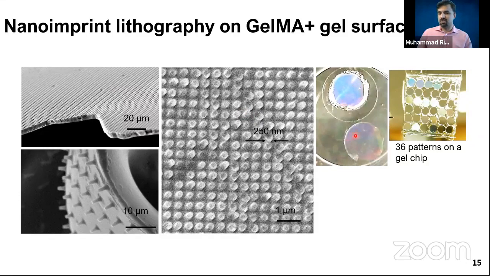You can just see here the hydrogel films patterned with these nano or micro features, and we can actually pattern multiple topographies on the same chip, right? Sometimes we want to identify which pattern will affect cells in what ways. So we want to really have a high throughput system where we can have a number of topographies on the same hydrogel chip so that we can study their effect on cells.